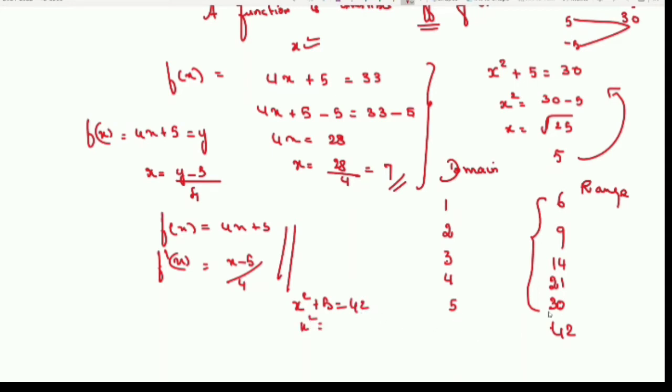The reason is the domain, the codomain is not equal to the range. So it has to be within the range, only then we can find the original number. If we want the inverse of a function, means we are finding out the original number. That means we need a function to go back to find the original number. For that, the function should be 1 to 1 and onto.